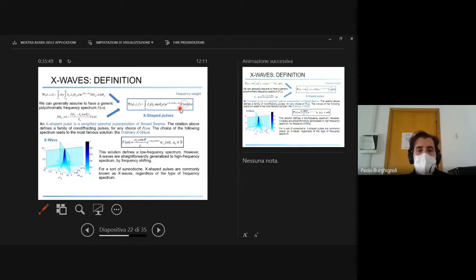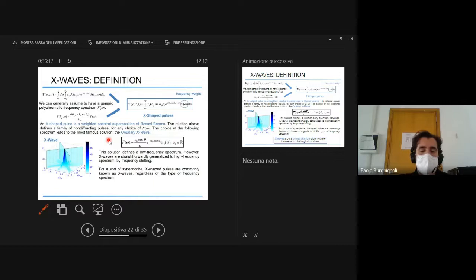And this can basically be put as a frequency weight that you have over the frequency for Bessel beams. And if you choose to have an exponential taper of the weight of this frequency spectrum,